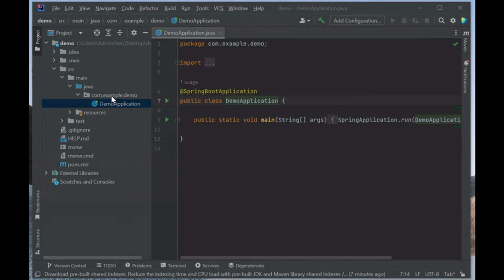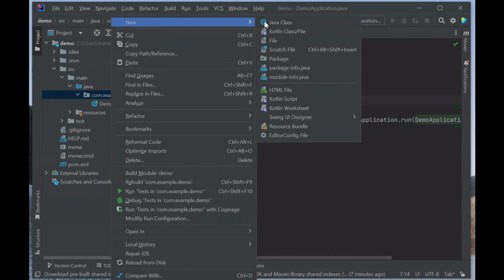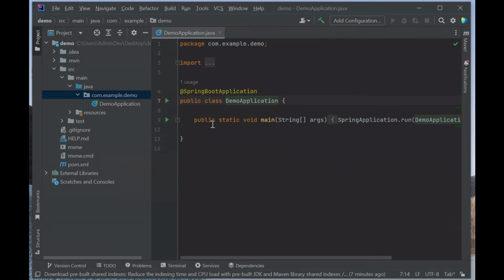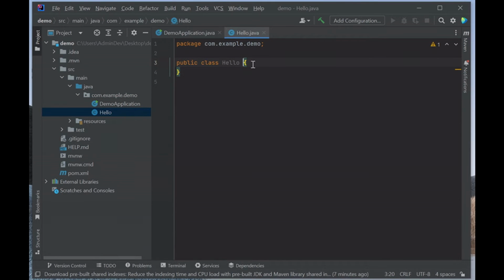We need to create our own class to do all the business work. Here we want to display hello world. So right click on the package and say new class, Java class, and we can use Hello as the class name here. Hit enter. So the Hello class is generated. And to display a string hello world, we need to create a method returning a string. So we can do public String, and then we can use sayHello